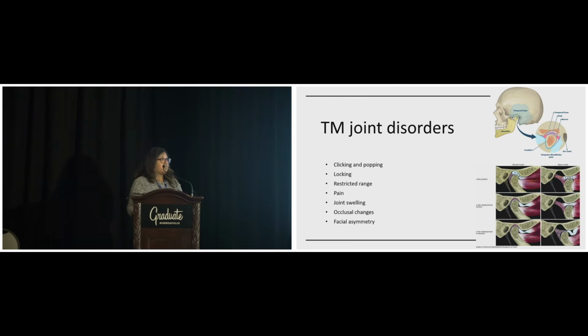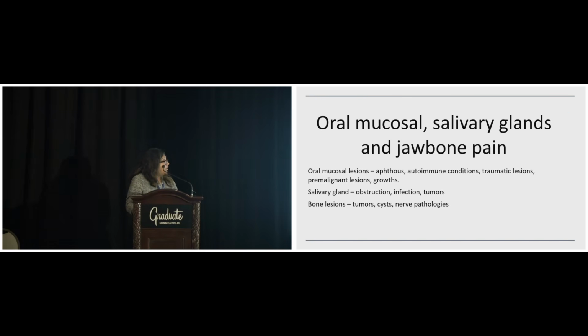Temporomandibular joint or intra-articular disorders are symptoms like clicking, popping, locking, limited range, swelling in the jaw joints, occlusal changes, facial asymmetry changes. Again, it becomes imperative to rule out inflammatory arthropathy in this case. I won't go into much detail, just for completion: salivary gland lesions, usually parenchymal changes, tumors, cancerous lesions, autoimmune presentations are also important to keep in the back of your mind to make sure they're considered and the differential is ruled out.